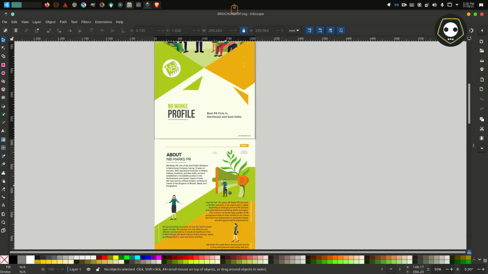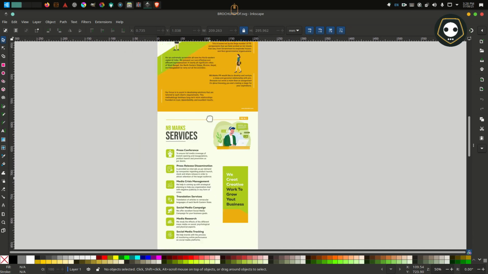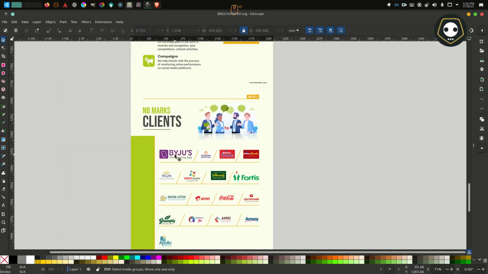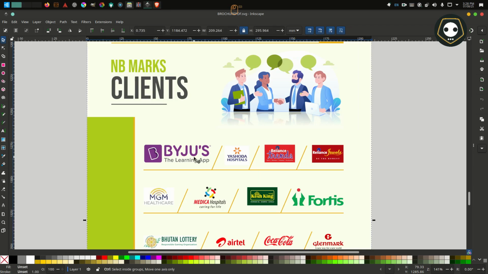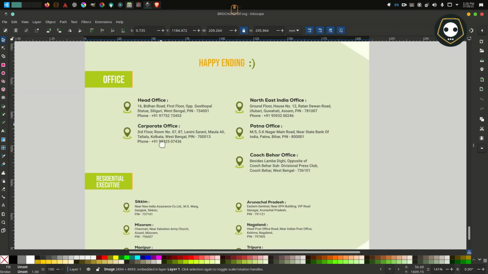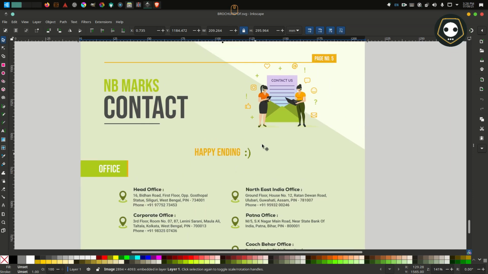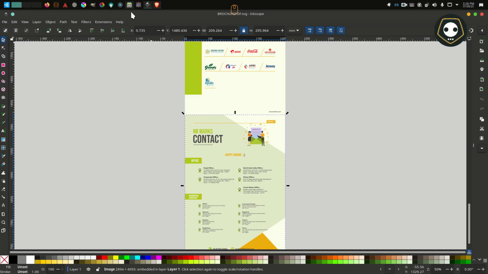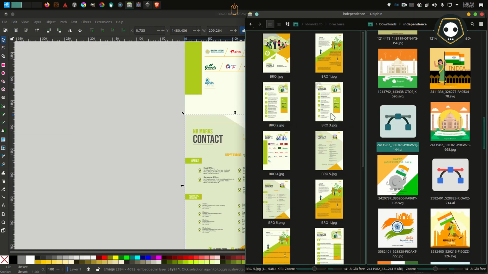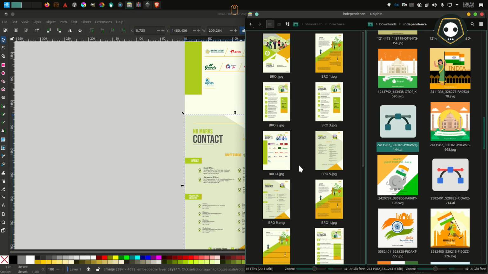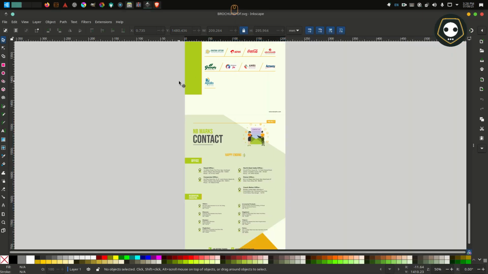You can see here, this one I have already made, and the contact page. Everything is the same. If I show you this color, you can see here all the files I have made. It is very stunning, looks very good.